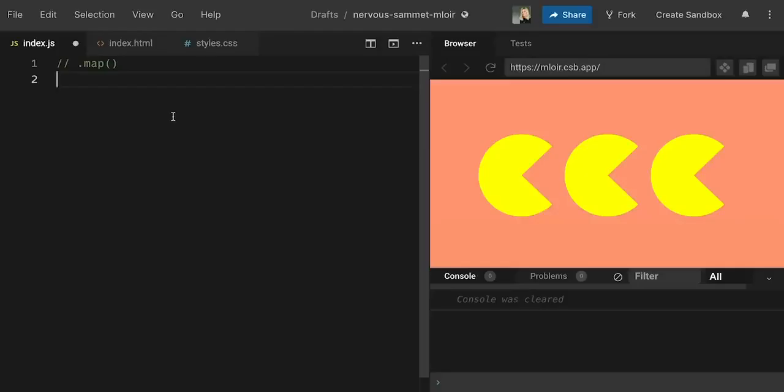Now, I want to take a little bit of time to talk about the map JavaScript method. Okay, so the first thing you need to know about the map JavaScript method is that it is